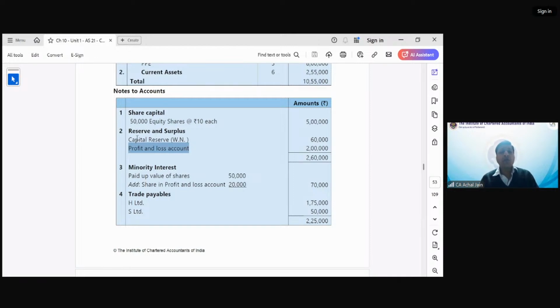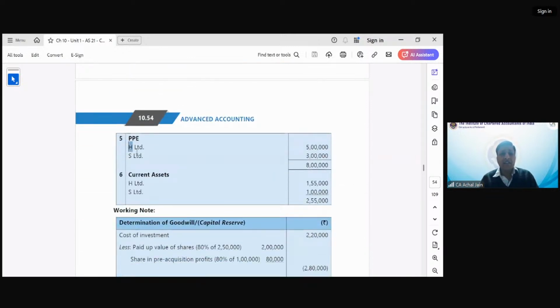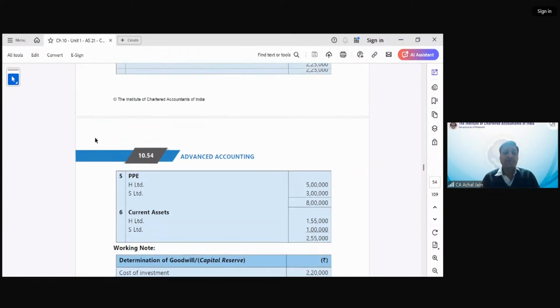Capital reserve, where do you get this from? We just computed that. Okay. Trade payable, we'll add these two line by line, right? Then as we move further, PP, we have added these two line by line. Current assets, we have added these two line by line. Okay. Now, another point which is required is about the